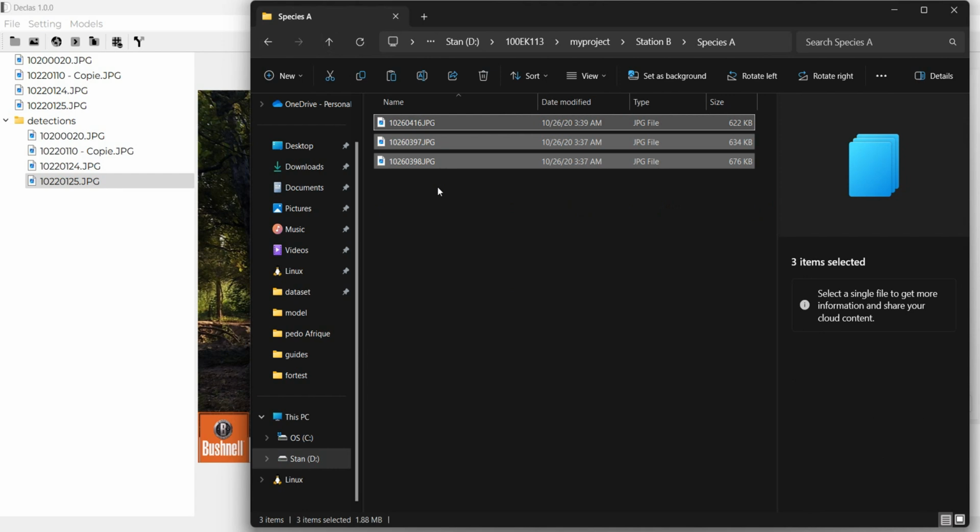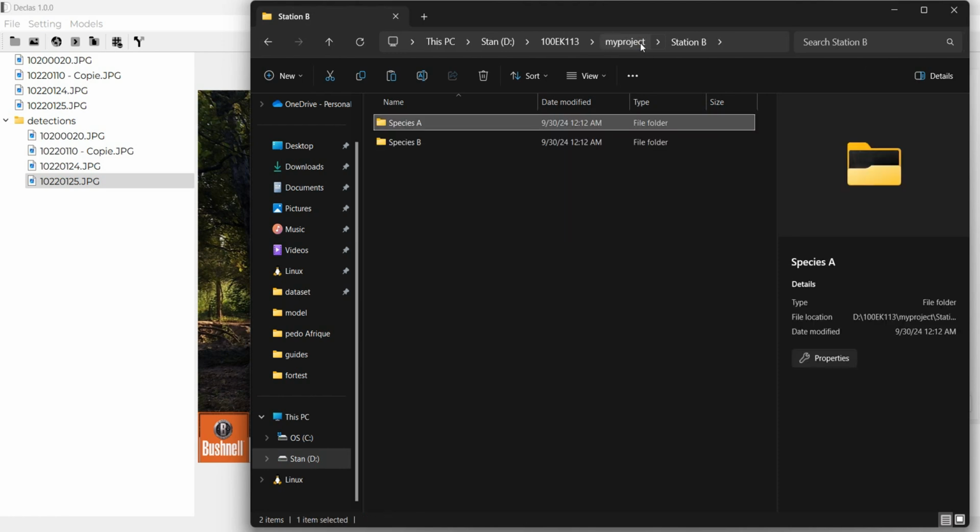I precise again that this is my recommended project organization. If you are working on a real project, please try to have a main folder called project, maybe project study. I don't know what name you want to give to your project, but pay attention that you have a folder for your project, and you have all stations inside this project, and inside each station you have all the species that you have in your study area.